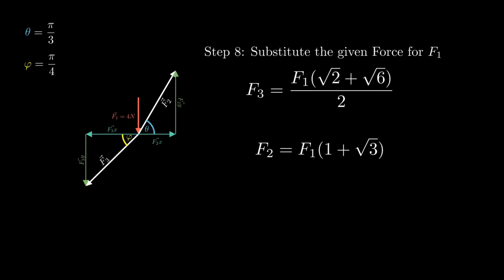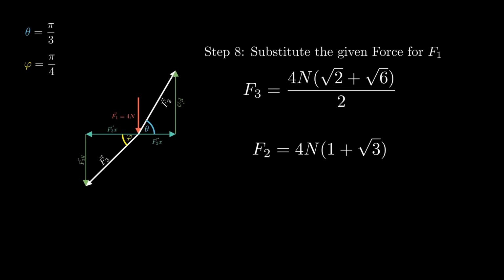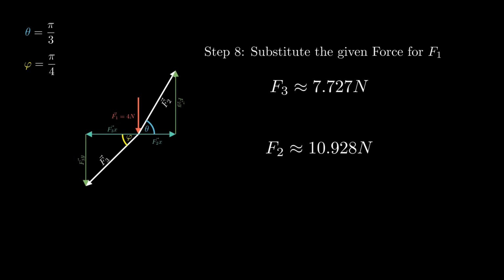Since we know the force of the vector F1 to be 4 newtons, we can now finally determine specific values for F2 and